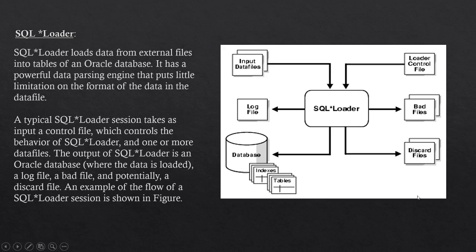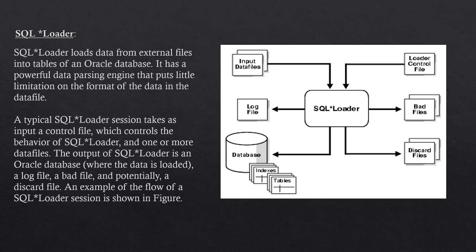If you look at the image carefully, then we have SQL Loader in between, which is nothing but the utility of Oracle. We have two main input files. One is the data file and another is the control file. This data file is our external file from where we will take the data and insert it in our database. Then the control file is also prepared by the developer himself, and what this control file is all about and how it is prepared, we will see in a later phase.